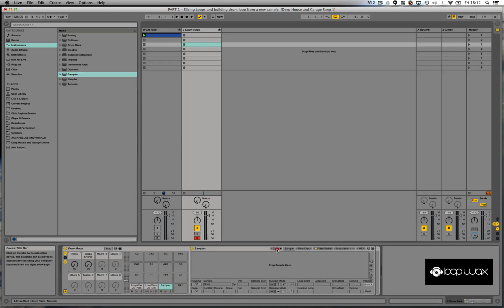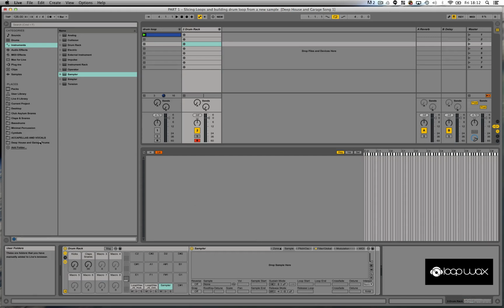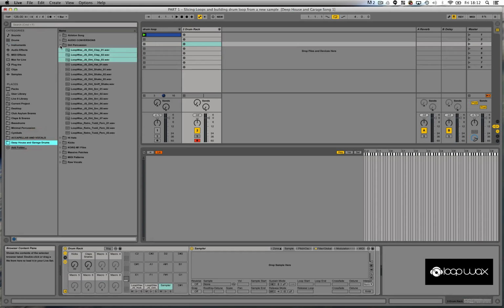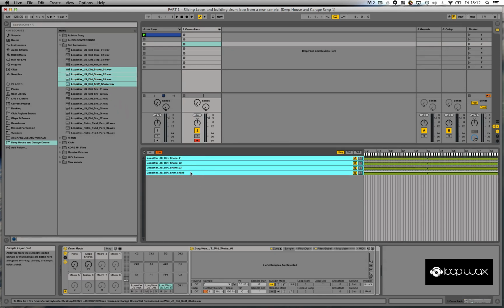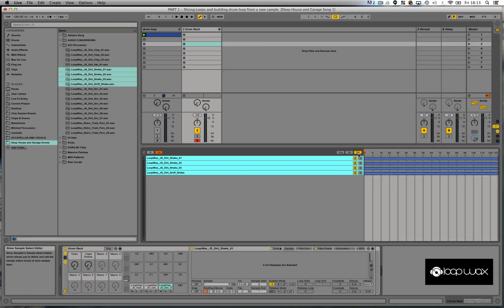Click the zone page, go into your Finder, look for, this time I'm going to add some shakers. Okay, so I've got 1, 2, 3, 4 shakers. I'm going to add those, drop that into the zone. We're going to go over here, click select, right click, distribute ranges equally,